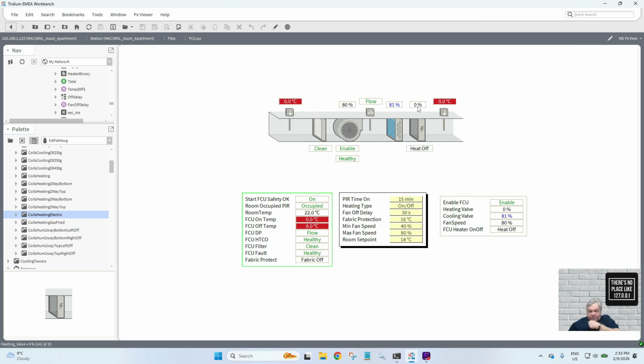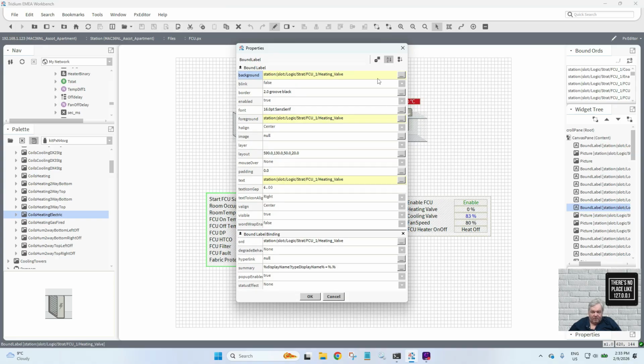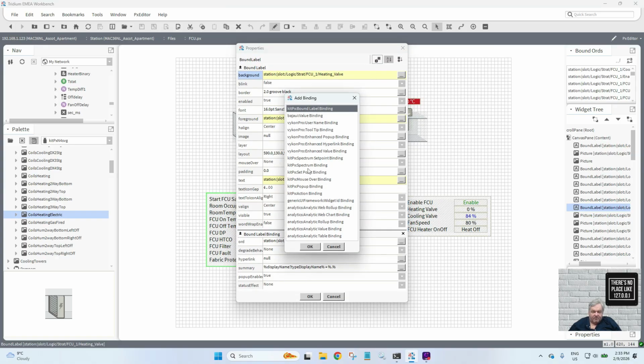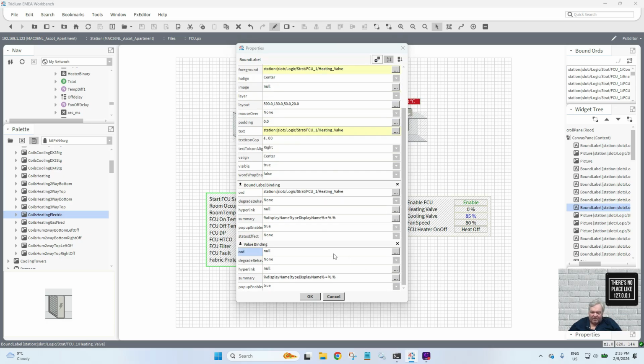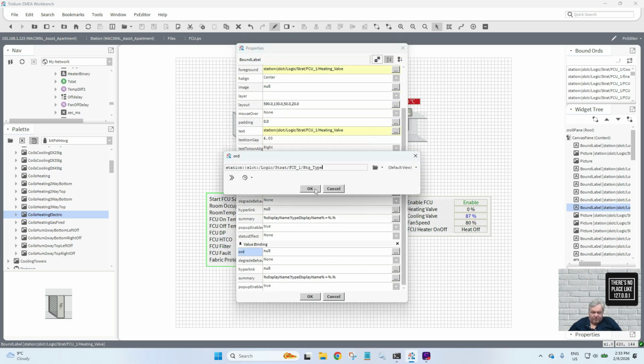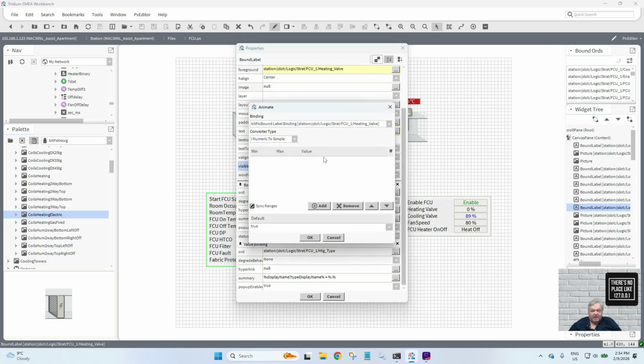And then we want this not to be true, so again, we don't want to be seeing this on this particular one. So again, value binding. Gets a little bit complicated. You've got to try and keep with it, but I presume you can watch this over and over again if you're having some issues. Animate